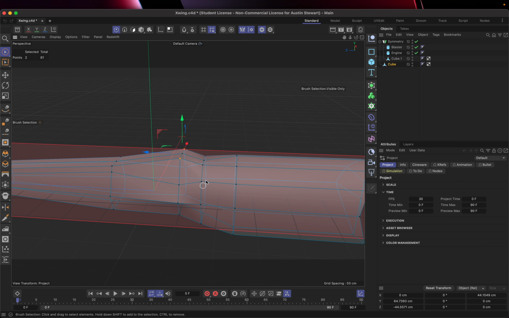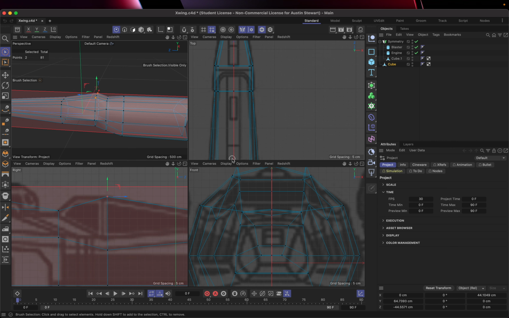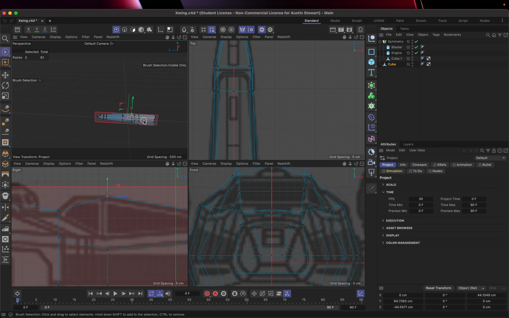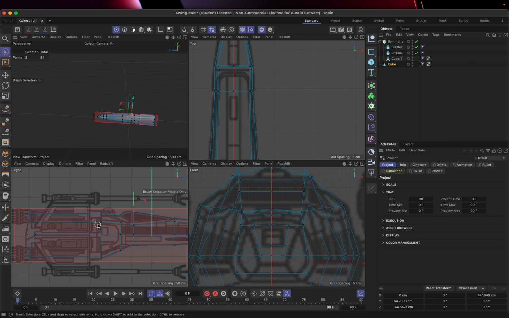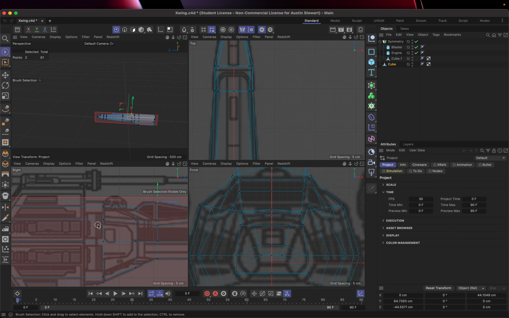So we need to start doing more manipulation. And this is one of those processes where you just have to start looking and being like, okay, what are the missing details? Where do I need additional geometry and how am I going to get it? And there's several different tools we can use. So first,